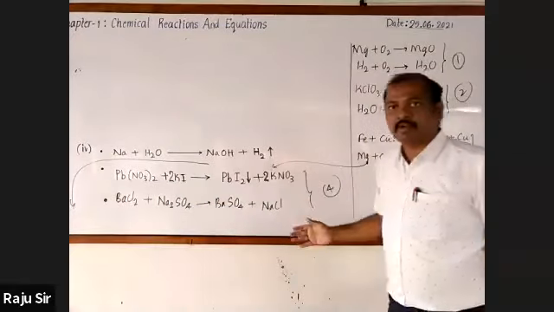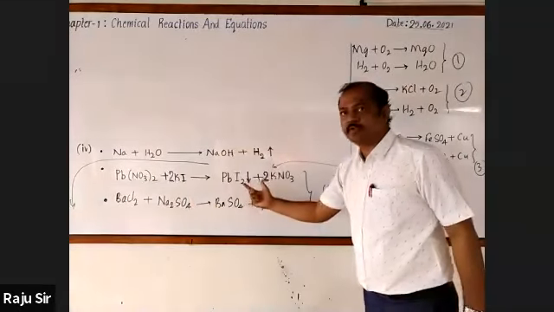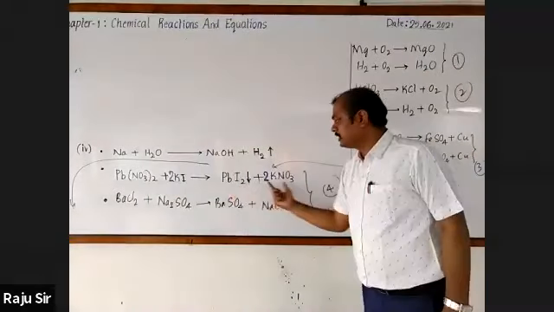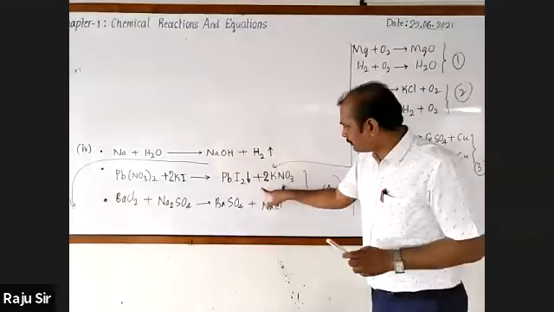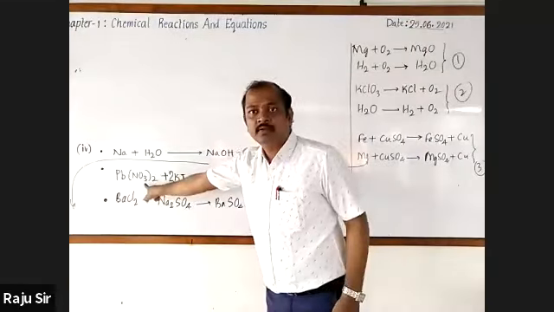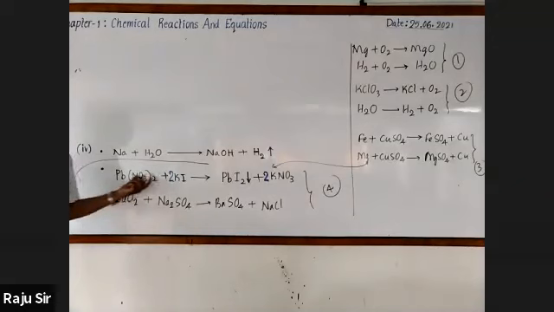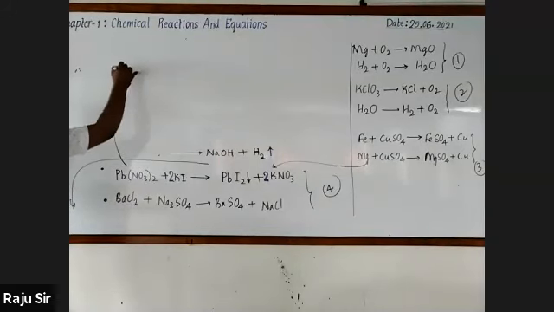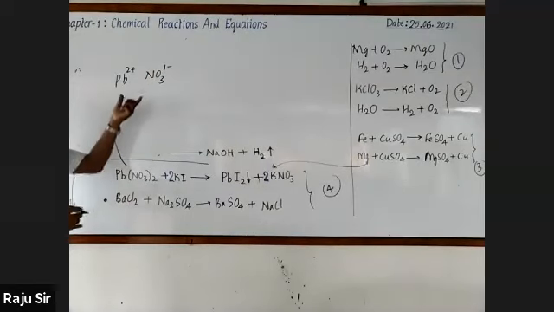Come across these two chemical reactions. Lead nitrate and potassium iodide. These two react with each other and they form two new compounds: lead iodide and potassium nitrate. And they are not quite different compounds. These compounds are formed by these two only. The thing is, this is double displacement. When you come across lead nitrate, there are Pb2+ and NO3- ions. These are the two ions.